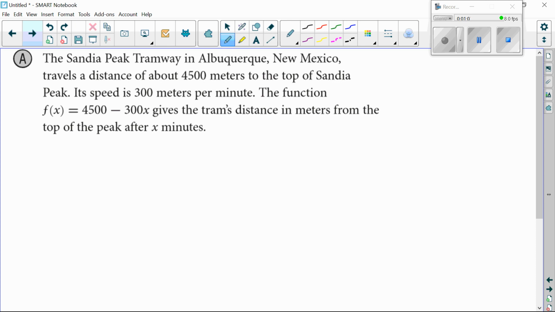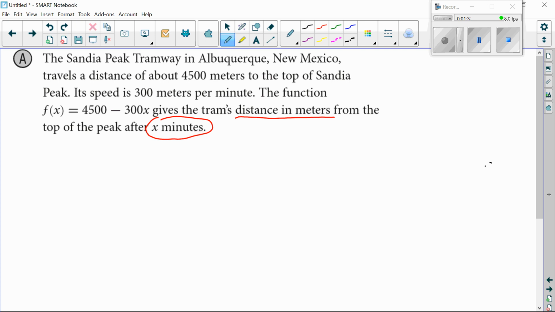So understand this, that x represents minutes, and the f of x, which I'm going to change to y, represents the distance in meters. Okay, so first we're going to find the slope, we're going to find the intercepts, and then explain what they mean in context. So the first thing I want to do is follow step one, which is to put it